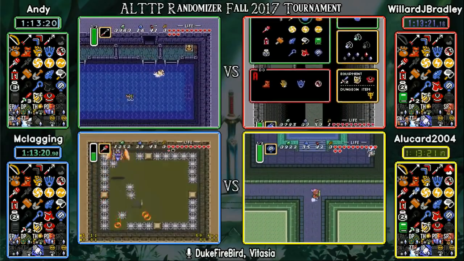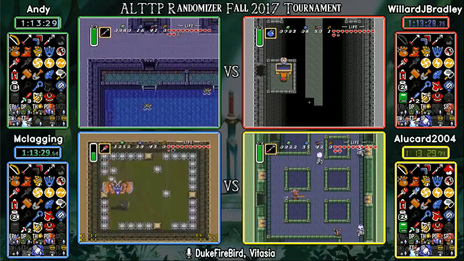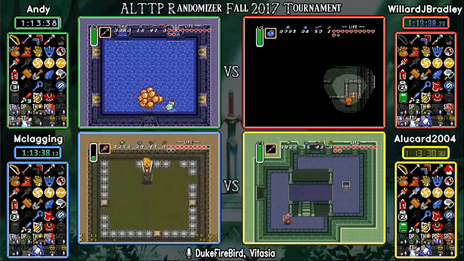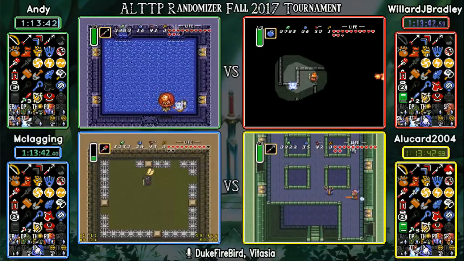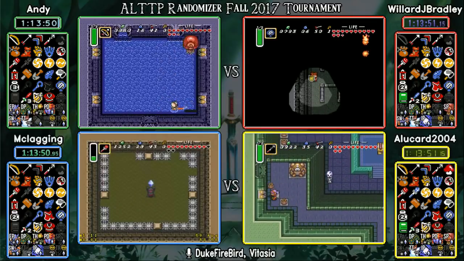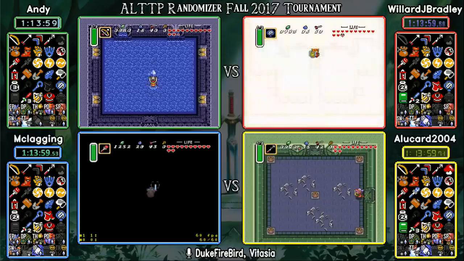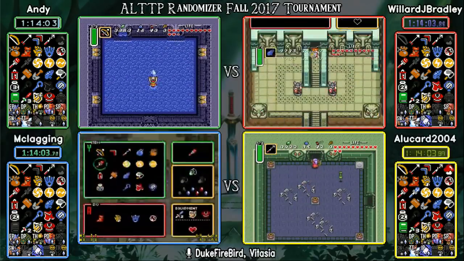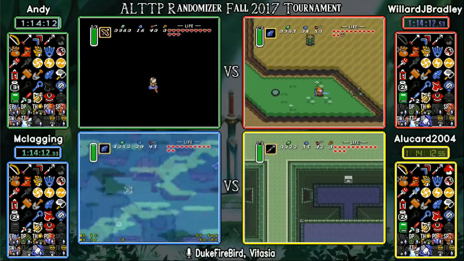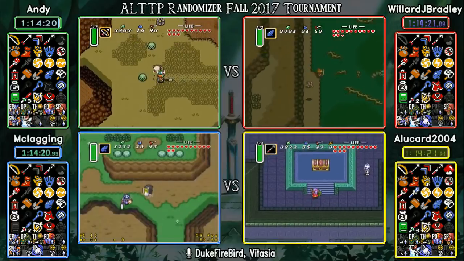Uh-oh, are we going to see bomb strats from Willard? Yes! And he gets rewarded with the compass. Mclagging making quick work of Mothula. Yeah. There we go. Easy Argus kill for Andy. So the only thing that Mclagging has left, looking through it all, is Swamp Palace. And Andy looks like he'll do Ice Palace yet, but everyone still hasn't done Turtle Rock